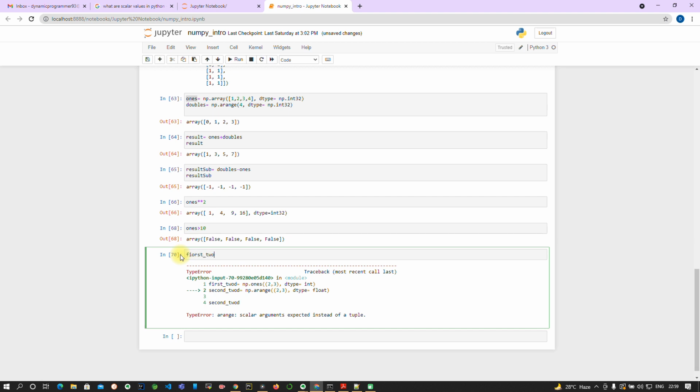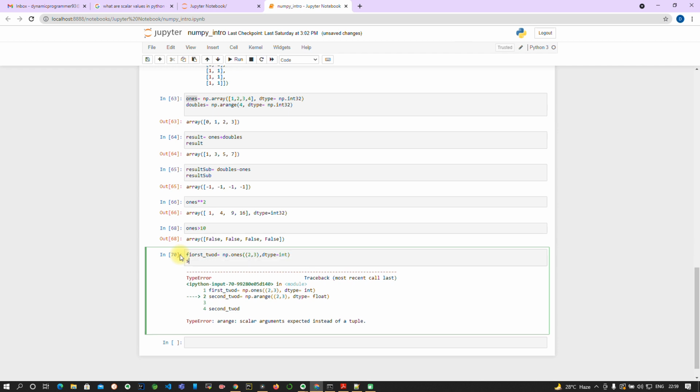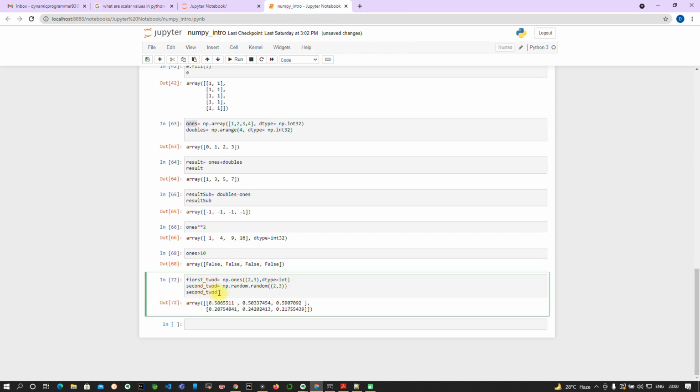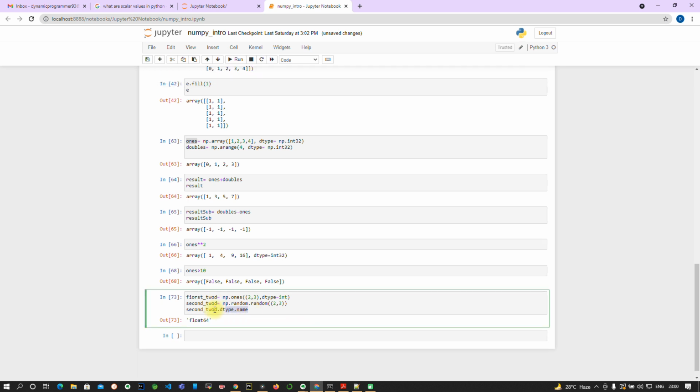First 2D equal to np.ones with shape 2 by 3, with dtype equal to int, and I will create a second 2D array that will be randomly generated numbers. If I check the dtype name, it is float, because these are randomly generated numbers.